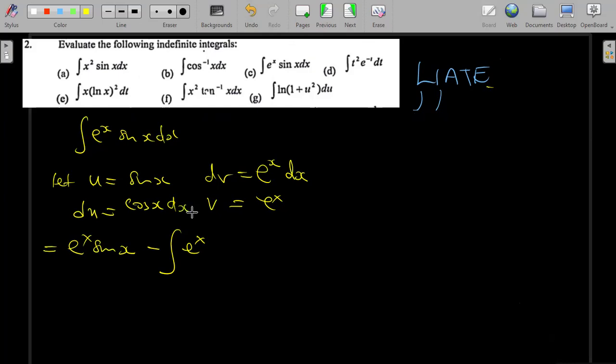Here we forgot the dx. That will be cos x again, dx. Oh, we still end up with such a function here like this. How do we do it again? It means we have to